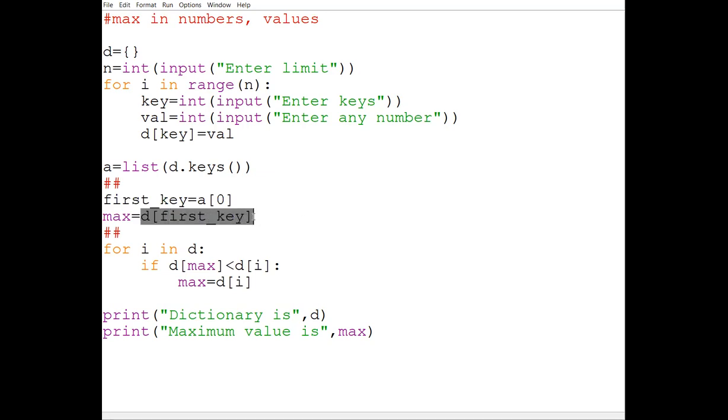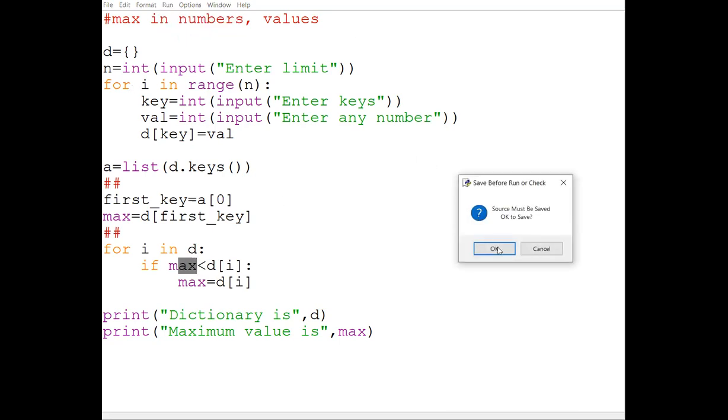Okay, it means the first value only. And then we are traversing in the list. Now with the maximum we can compare. If the maximum value is less than D of I, in that particular case, maximum is D of I. Now first we will check how it is working.